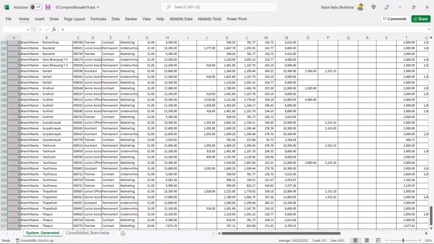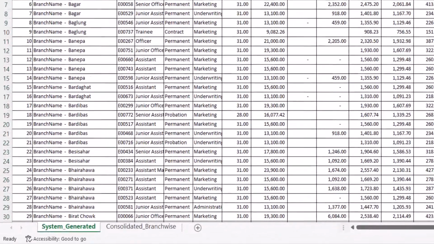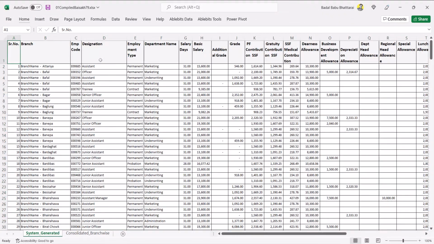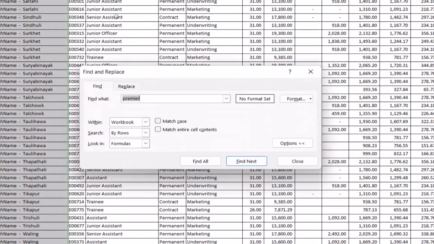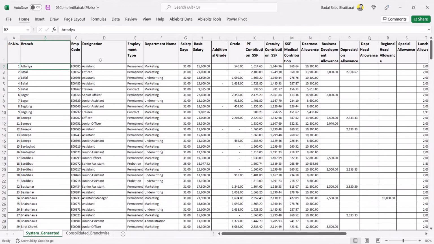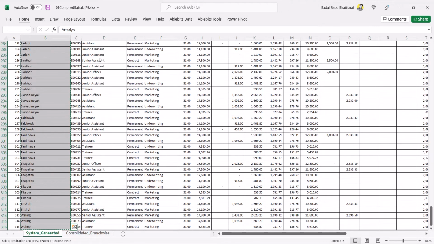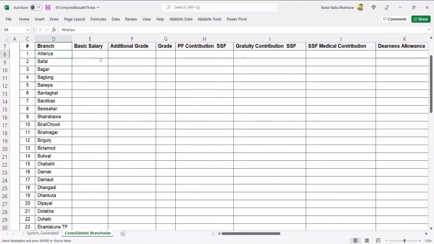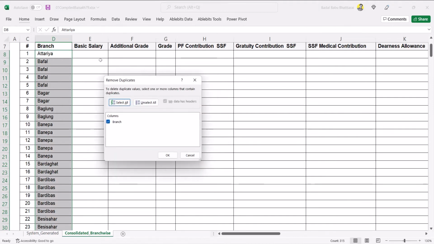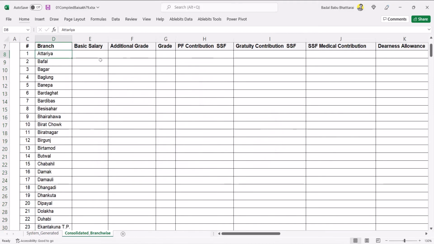So we are going to give a serial number, enter. There are around 315 employees. We're going to fit the rows. So now we have data that we can use. Okay, we do not need the word branch in the name, so copy this, Control F, find, replace with nothing. So now we have base data which you can use in order to consolidate the figures. Copy this data here so as to make sure that these two names are the same. Control Alt V, values, Alt AM, remove duplicates, continue with current selection, remove duplicates, OK. So now here you have a unique list of branches